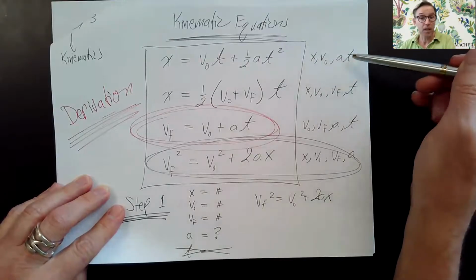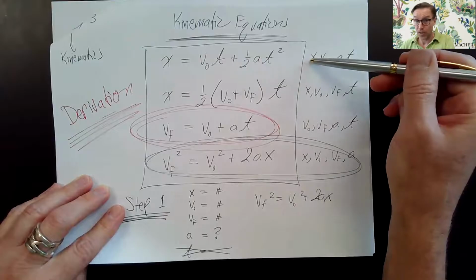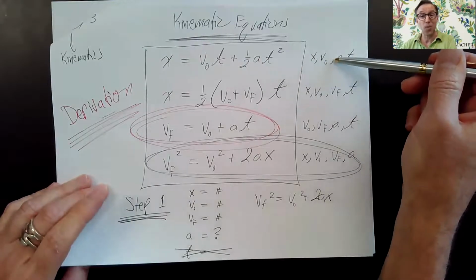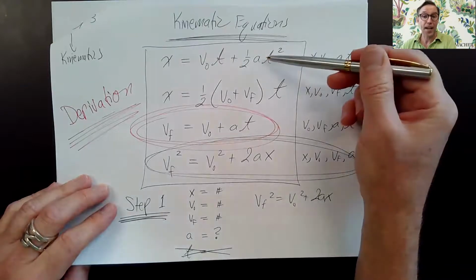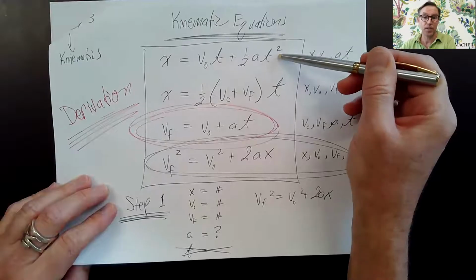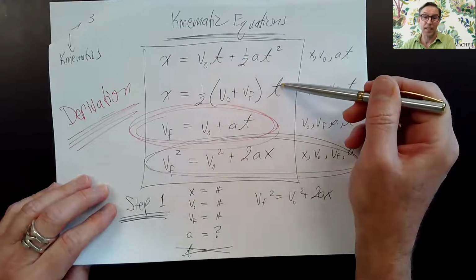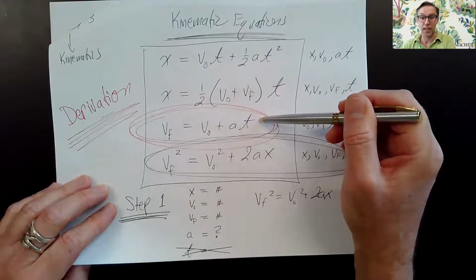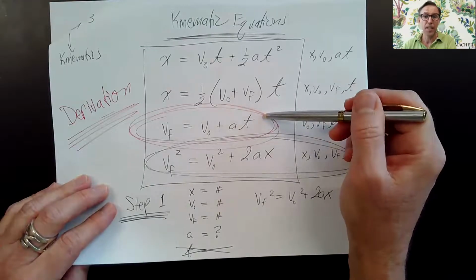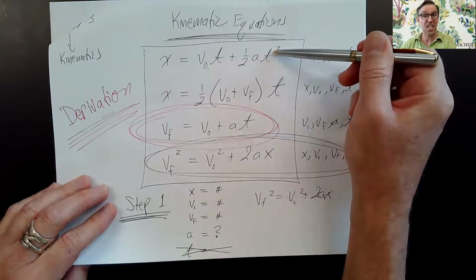So sometimes letters are given and another letter is asked for. V final is neither given nor requested. So that is the utility, the usefulness of this equation. This equation has v final in it. This equation has v final in it. How could I use these two equations that have v final to get an equation that does not have v